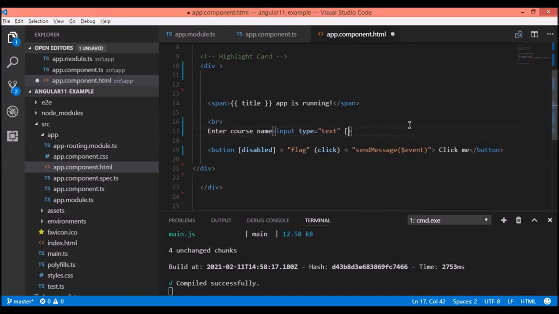It's written like this. This is my banana wrapping. It's called banana wrapping. So I have one field, ng model equal to any variable name. So I'll have course. This is a variable. Now I want this value to be passed to my component.